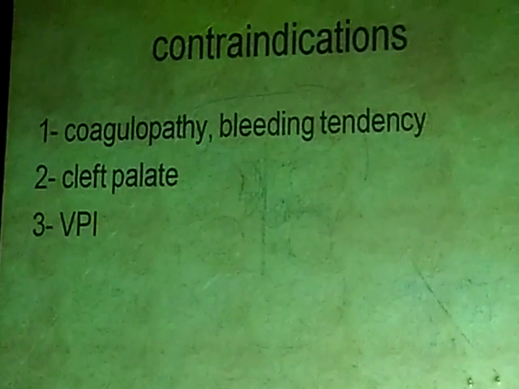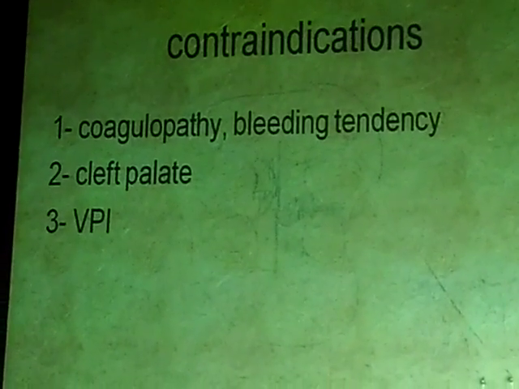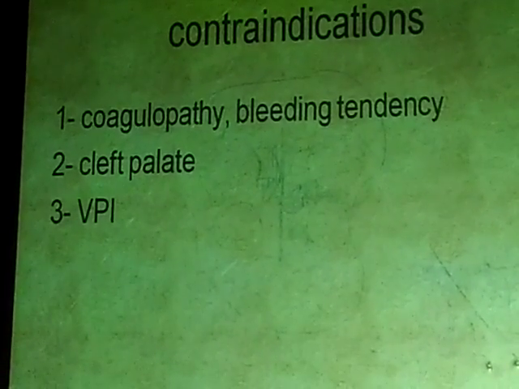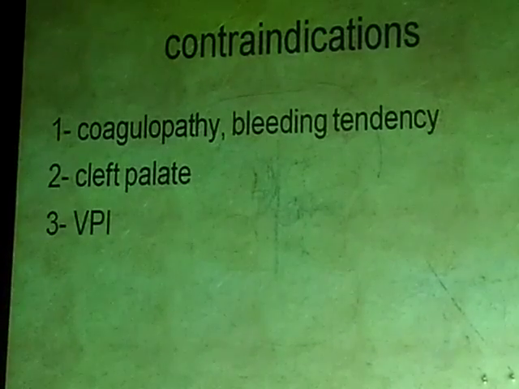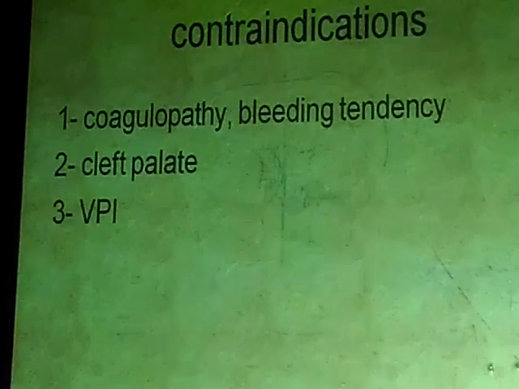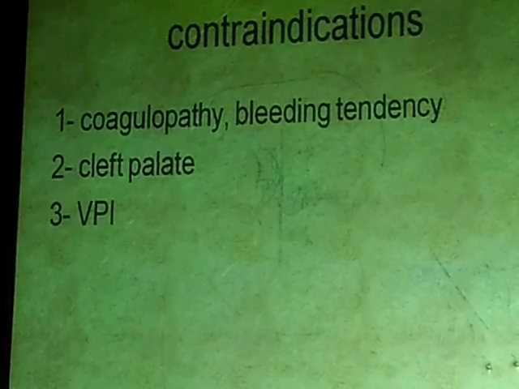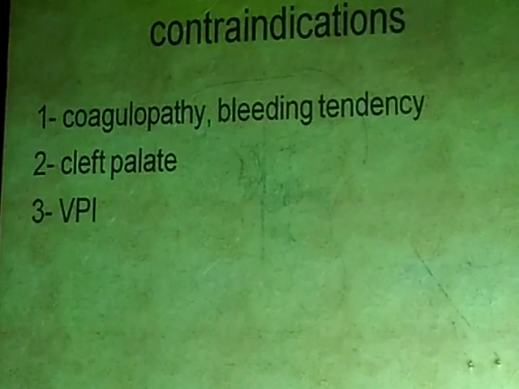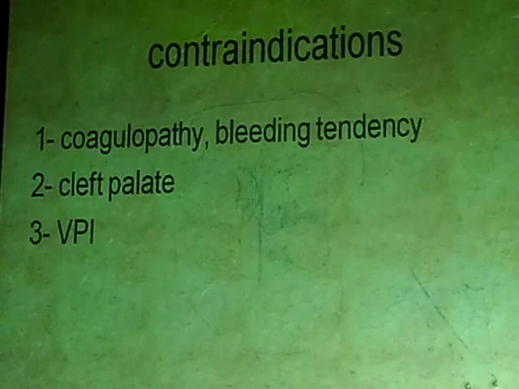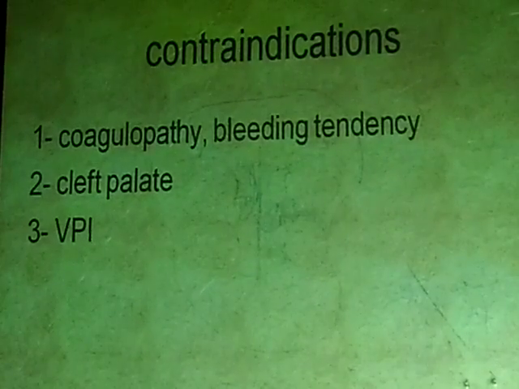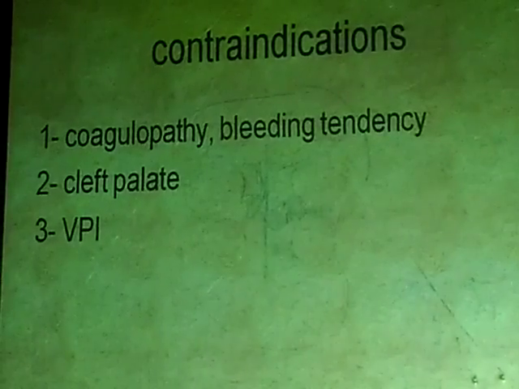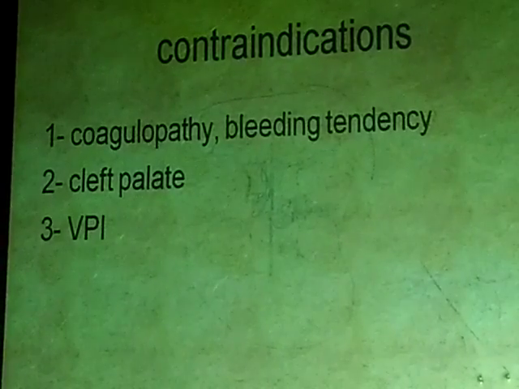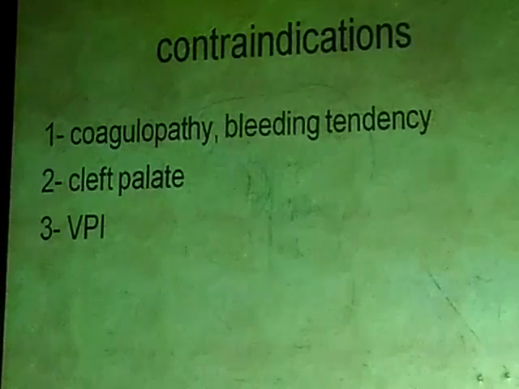Okay. What are the contraindications? These are relative contraindications. There are no absolute contraindications for adenoidectomy. Coagulopathy and bleeding tendency. Of course, you can prepare your patient before doing the procedure. Cleft palate, if the patient has already cleft palate or has a repaired cleft palate, or the patient has velopharyngeal insufficiency. However, these are relative contraindications, because if you have a child who has bilateral nasal obstruction and at the same time he has velopharyngeal insufficiency, or he has undergone cleft palate surgery before, you have to deal with the